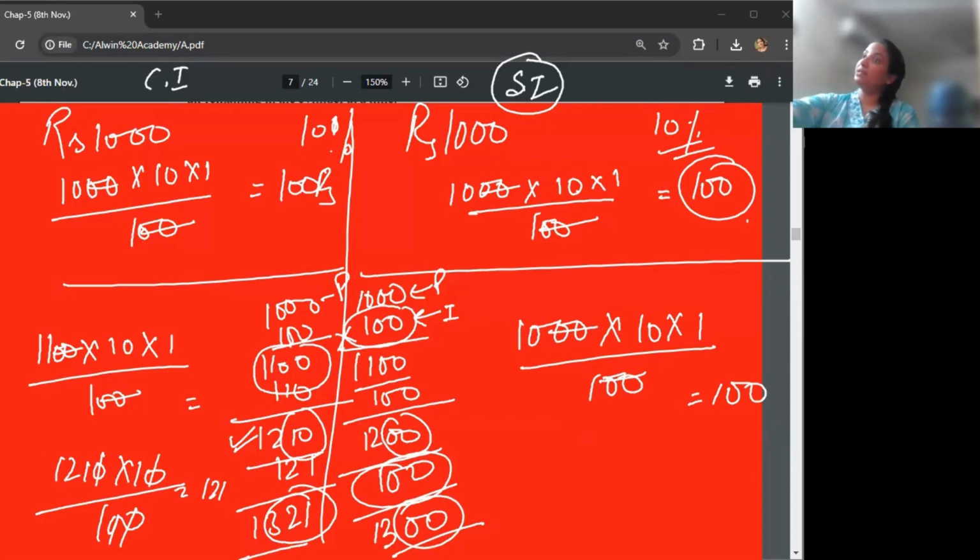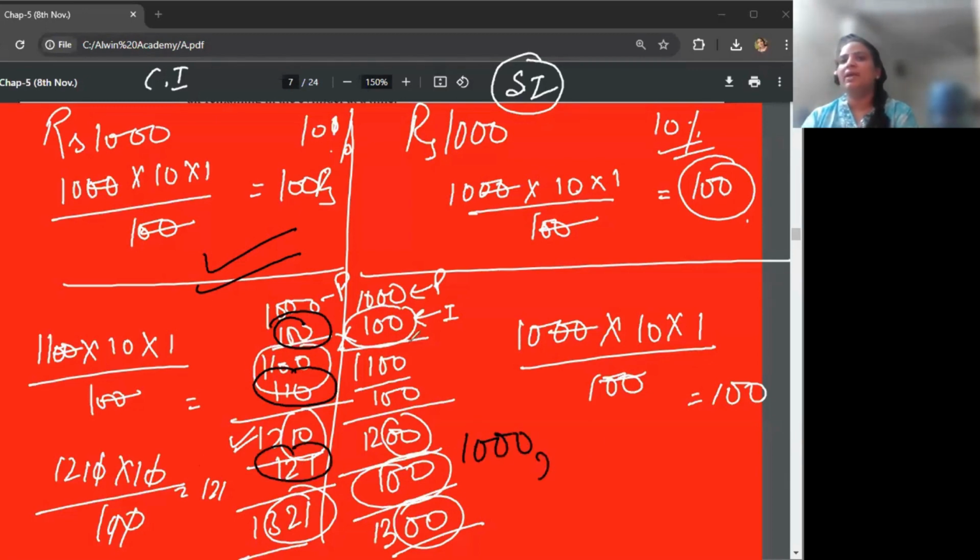बेनिफिट भी बढ़ता जा रहा है। जब आप कंपाउंड इंटरेस्ट में यही काम कर रहे हो तो एवरी टाइम इंटरेस्ट इज चेंजिंग, 100, 110 एंड 121, आप डिफरेंट टर्म्स ऐड कर रहे हो। पहले आपने 100 ऐड किया, 1100 हो गया, फिर आपने 110 ऐड किया, तो 1210 हो गया, फिर आपने 121 ऐड किया तो 1331 हो गया। दिस इज नॉट एन एपी क्लियरली।